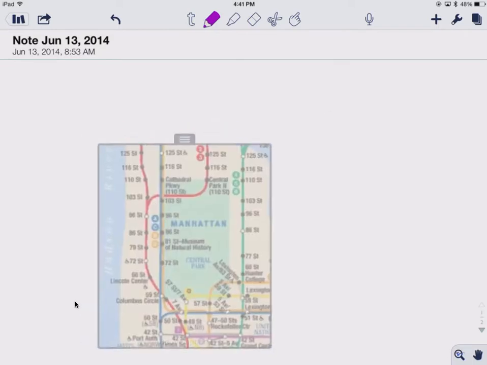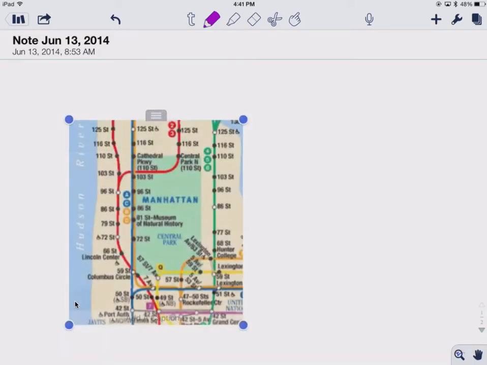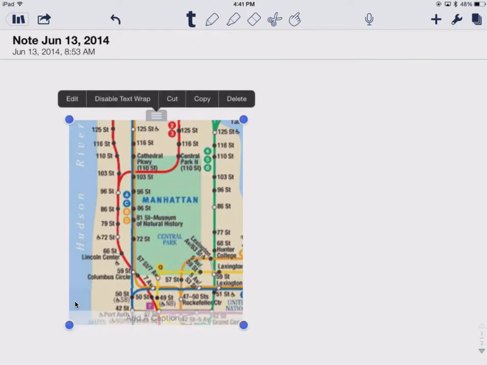And so I can drag it wherever I want, and the moment I press anywhere off the image, now the image is stuck. You can see that it's no longer selected, and it's there. If you want to edit the image some more, or move it, or resize it, the way to go about doing it is to actually put yourself on the text tool up here. We're going to talk about the text tool later. And if you're on the text tool and you press on your image, it will be selected again and allow you to edit it.